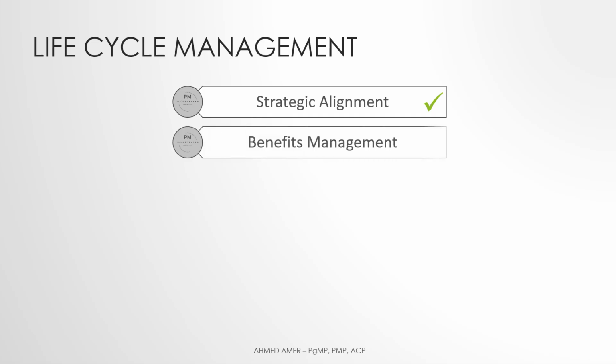Then we moved into the benefits management performance domain, the domain that defines, creates, optimizes, delivers, and sustains the benefits provided by the program. We talked about the 5 processes of this domain and how we started with benefits identification, then benefits analysis and planning, then benefits delivery, benefits transition, and finally, benefits sustainment. We stated how program documents such as benefits register, benefits management plan, benefits transition plan, and benefits management plan are